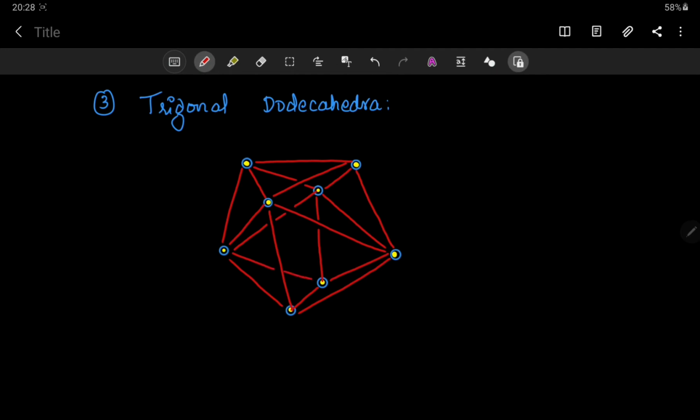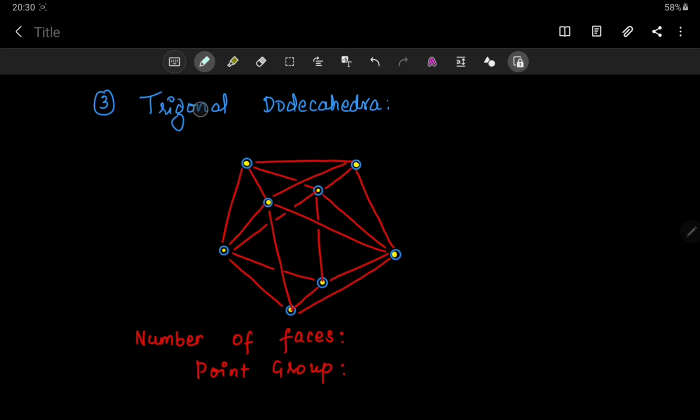Well, this constructs a dodecahedra, and the name itself says dodeca is 12, and each of these faces is a triangular face. Therefore, there should be 12. See, this is like a butterfly which has 2 faces, and this is also like another butterfly structure on top, and these 2 butterflies are perpendicular to one another. Number of faces, it has to be 12 since it is dodecahedra.